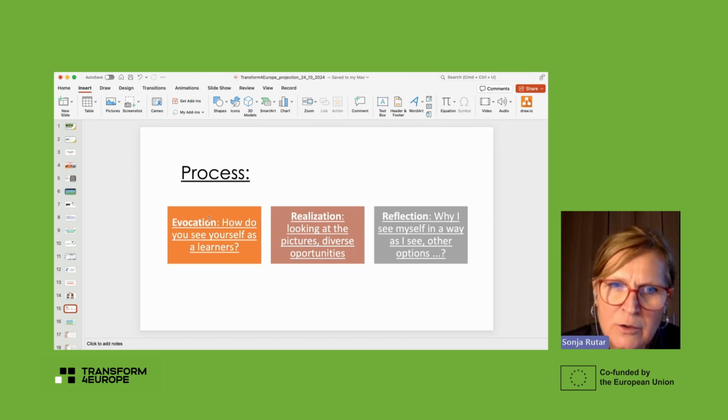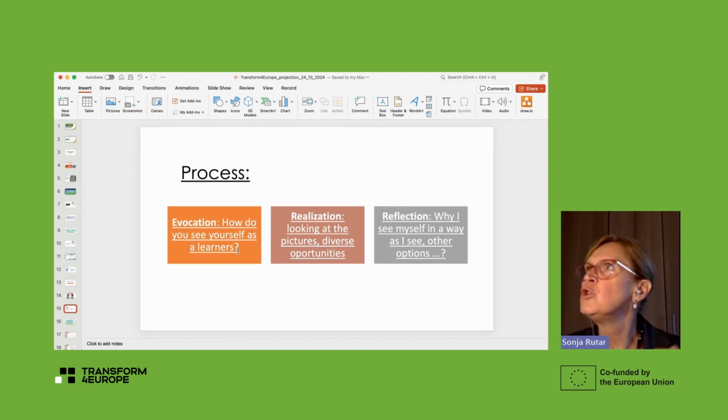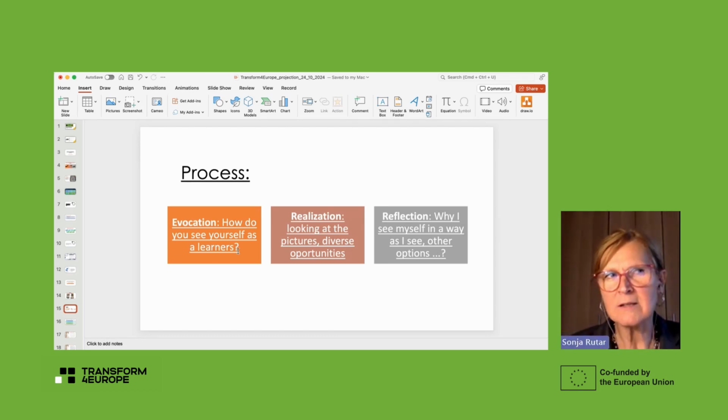In the evocation process, I ask you, how do you see yourself as a learner? I didn't ask you, let's say, what do you know about learners? How learning starts? If I would ask you how learning starts, maybe we feel quite comfortable. But if I would ask you about theory of learning, how the cognitive process starts in the construction of knowledge, according to I don't know which theory, you would probably not feel very comfortable. Maybe on the other side, because you could put off your cameras. But otherwise, I see in the classroom many times, if I ask in such a way, the students always feel uncomfortable, because they think that they have to know already something. Of course, they have to know, but you know, it's